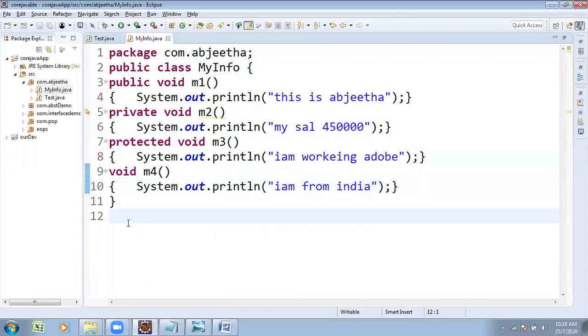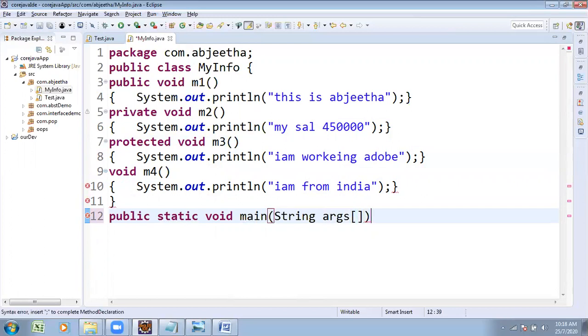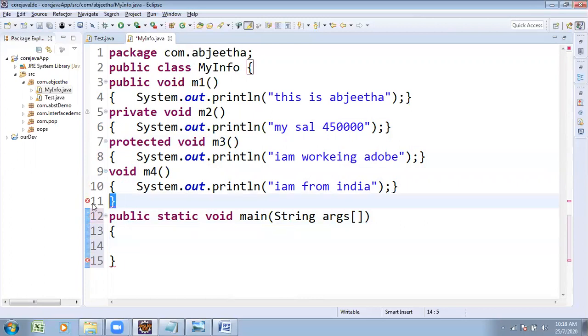From that point of view, he is writing the main method here also. Public static void main string of args. He started his execution from the main method.